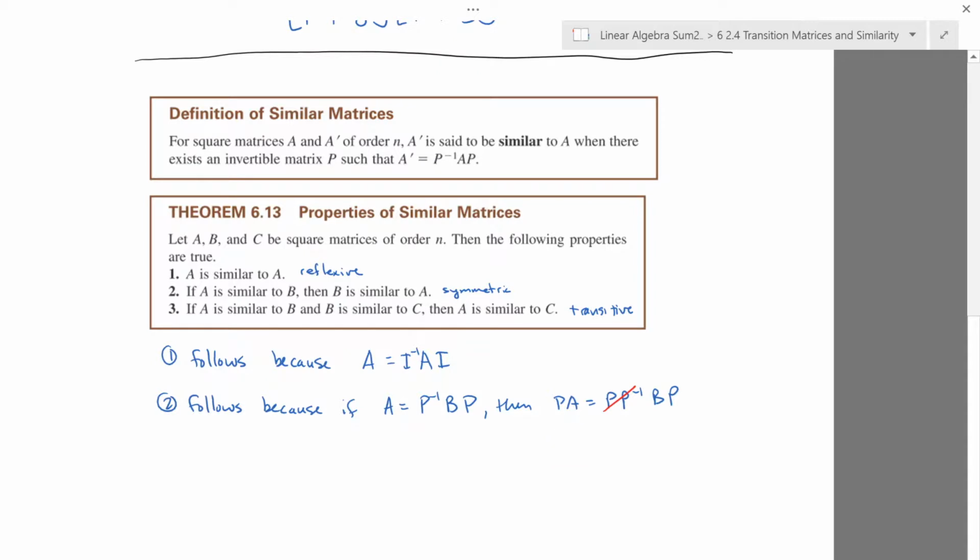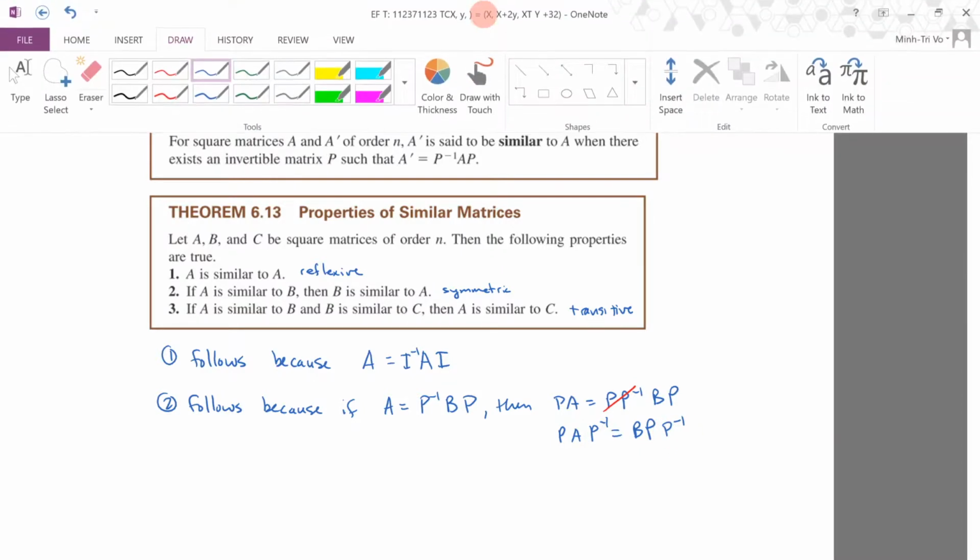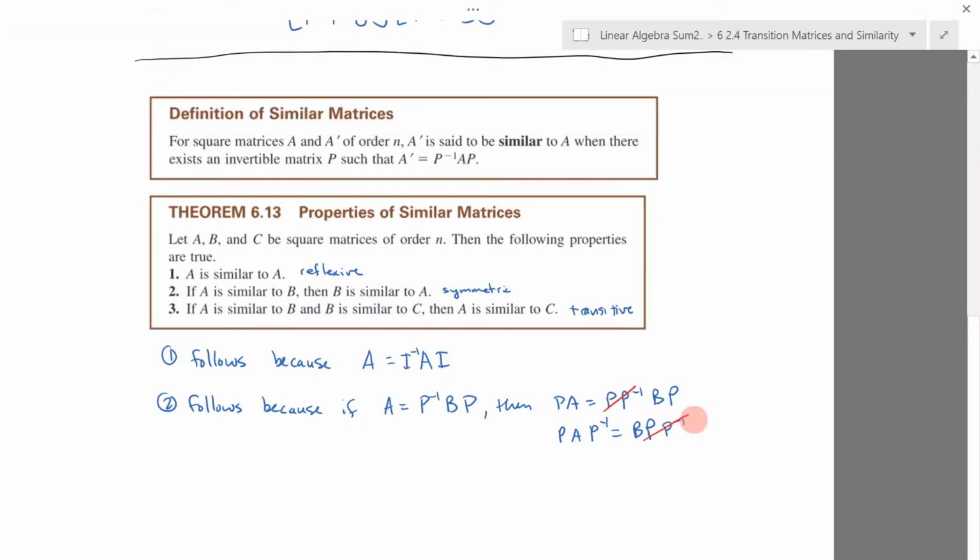So we have P times A is equal to B times P, and then now I multiply on the right by P inverse, and this cancels out, and so